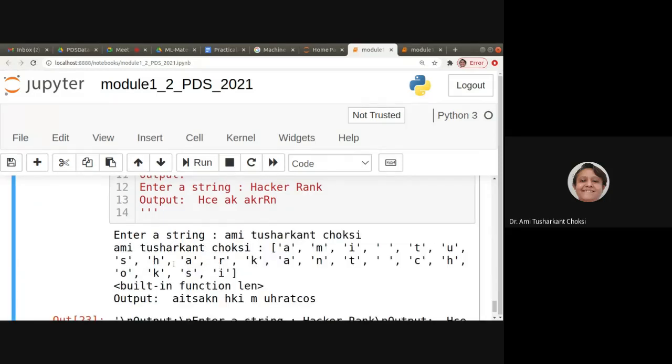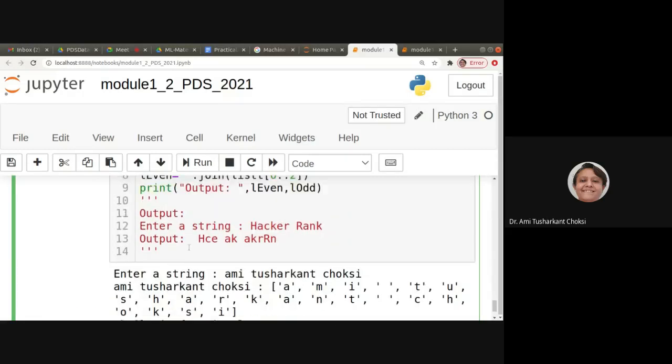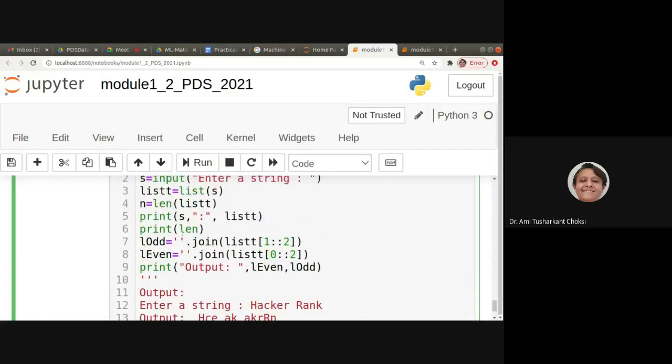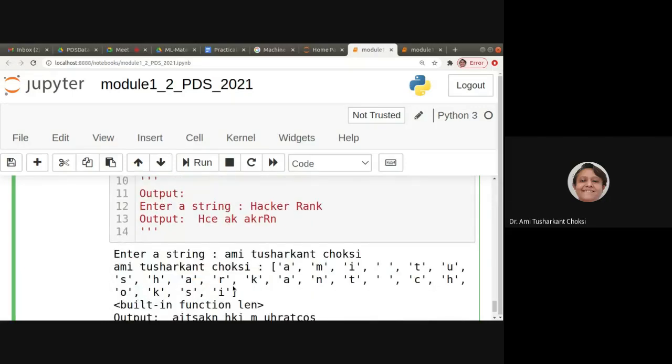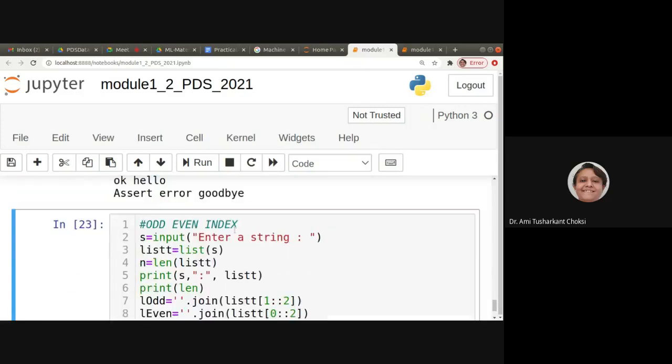For our string we have the whole Amit, Tushar Khan, Choksi, but for this list, whatever is there in this particular string is converted to characters, and we have them in the list, right? What we have done was, we have created a list from this particular string.